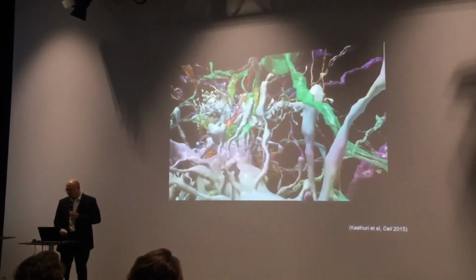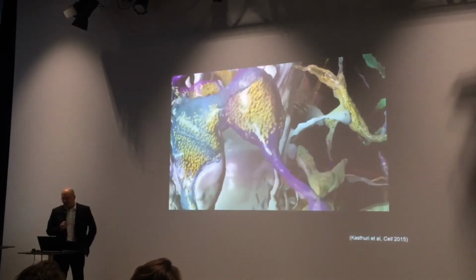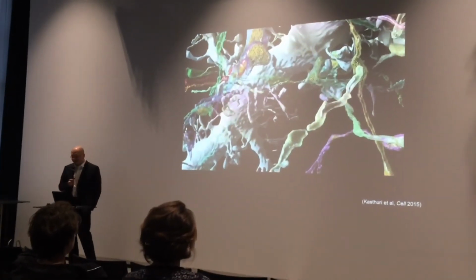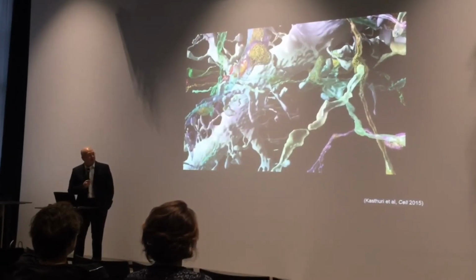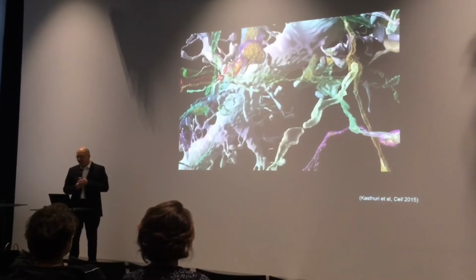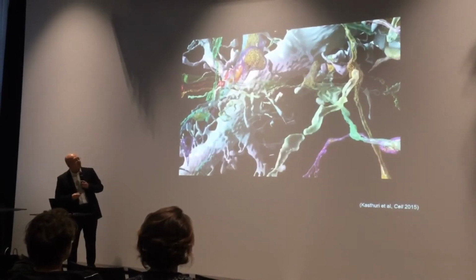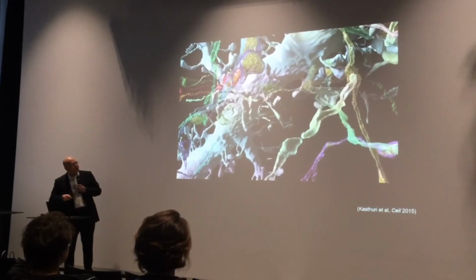in the brain. And this used to be a very, very painstaking process that would take years if you were going to reconstruct a cubic millimeter, a very, very small piece of brain. But in fact, he has automated almost every step of this process, including the cutting and the reconstruction, imaging and reconstruction. And in fact, you can label in color all of the axons, the inputs, onto this one dendrite of